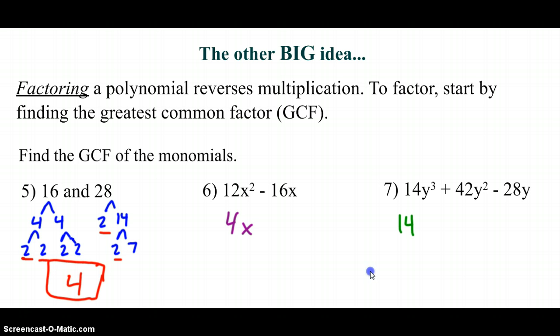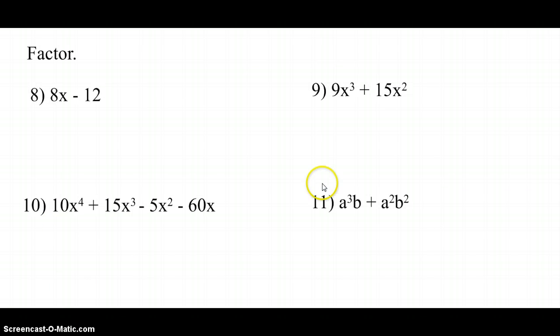And in the other term, we have a y cubed, a y squared, and a y. I just simply take the highest degree that's a part of all terms. So it's y to the first. Now the reason we do that process of finding a GCF, the big picture here, is so that we can